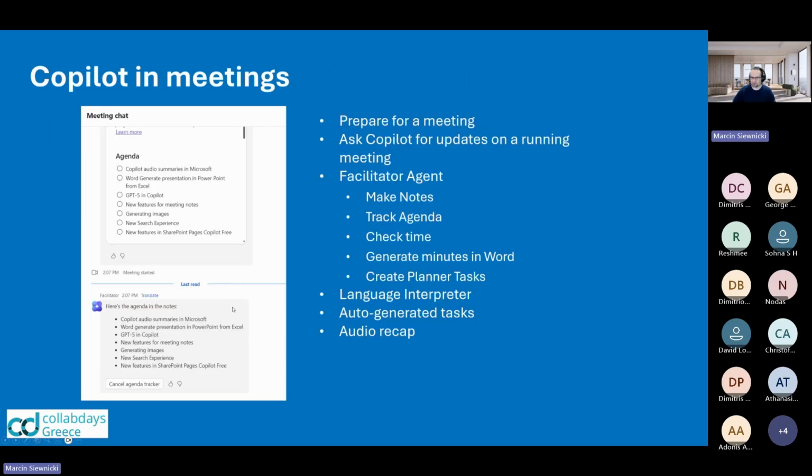So for the meeting, you can prepare the Facilitator to make notes, track the agenda, and check time. Yes, it can check time because there's this time indicator. You can generate meeting minutes and create planner tasks. But when the meeting ends,